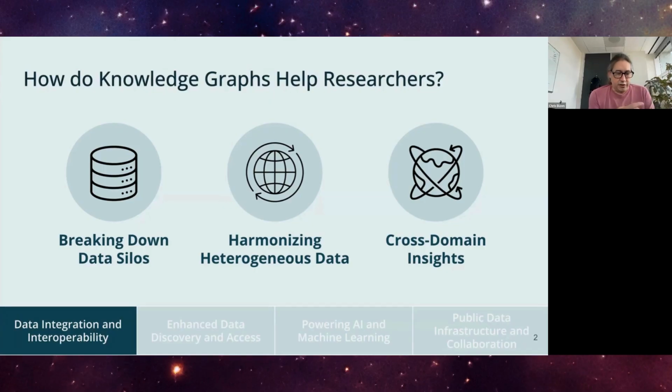The idea of the Open Knowledge Network is to take these different sets of information and structure them in a common way. And that common way is using something called a knowledge graph. A knowledge graph is a nice general way to structure all sorts of information. So you can think of it like this. You have entities. So these are things or concepts. So you might have a person, or you might have a company or a disease.